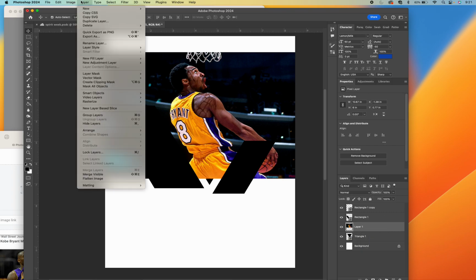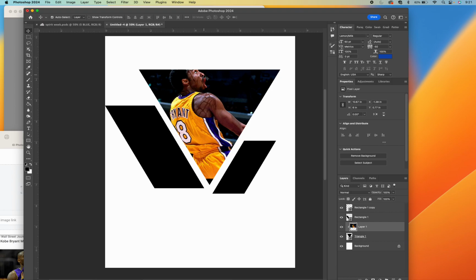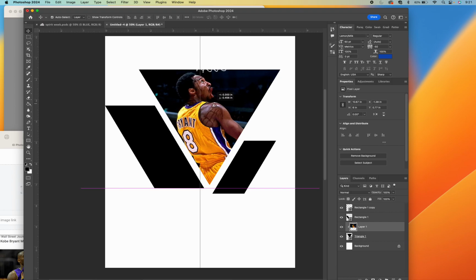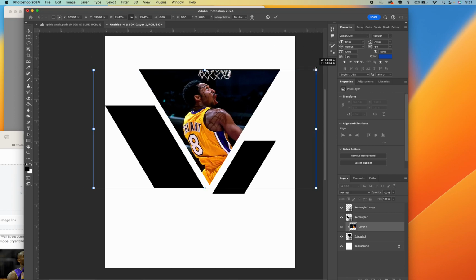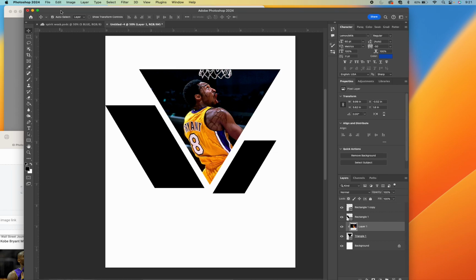I'm going to apply the clipping mask to the image layer, and I will get my clipping mask here. Make it a little bit smaller so you can see more of the image. But yeah. Now, here's the cool part, the new part,